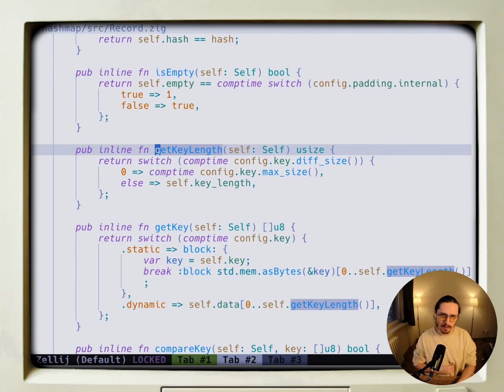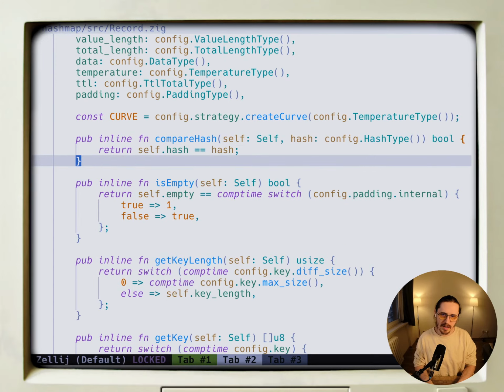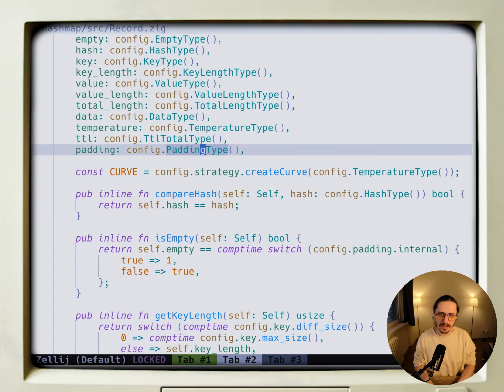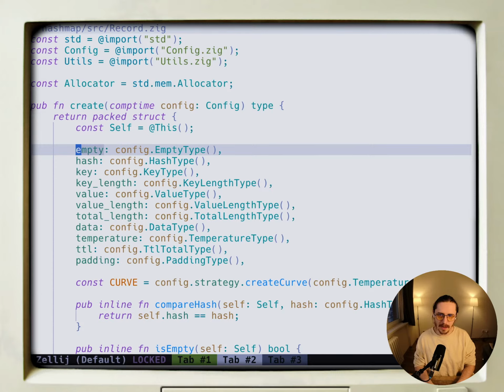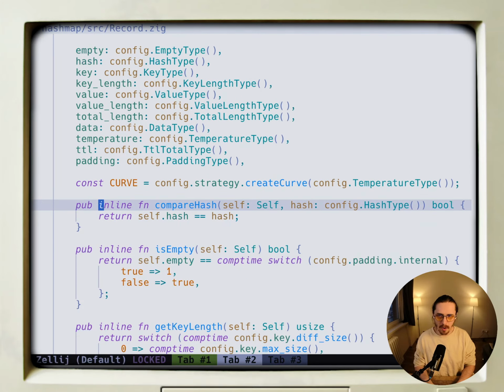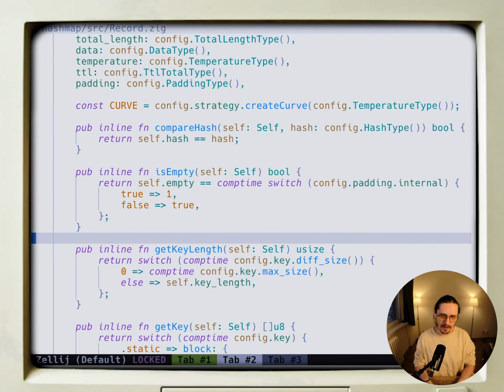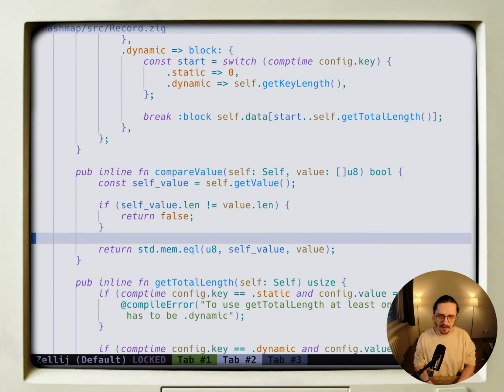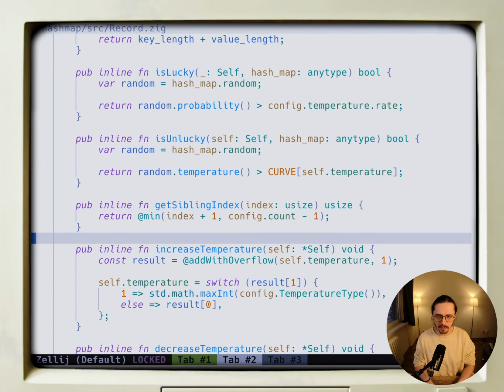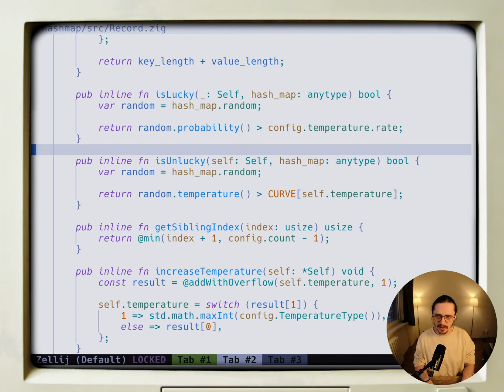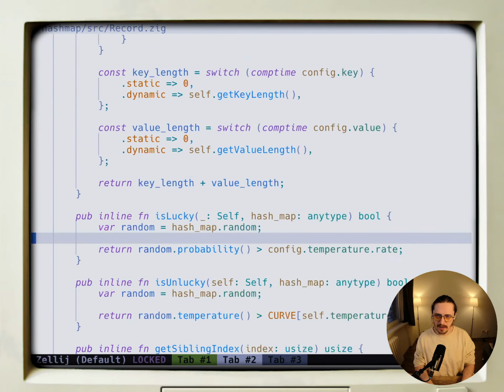So probably only the stuff that requires the self, which in this case is record. So all the methods that require record should be inside record, right? Anything else should probably be in the root of config. Yeah, I think that's how it should be, because right now, as you can see, the record is kind of